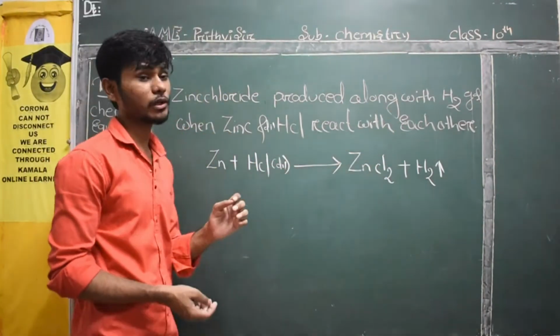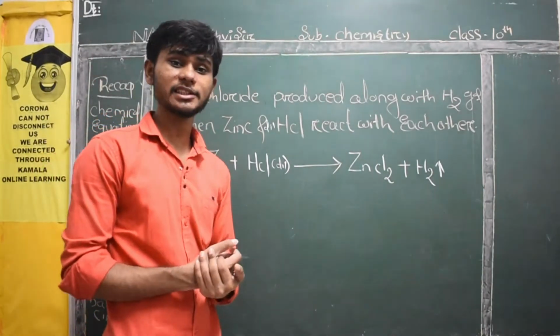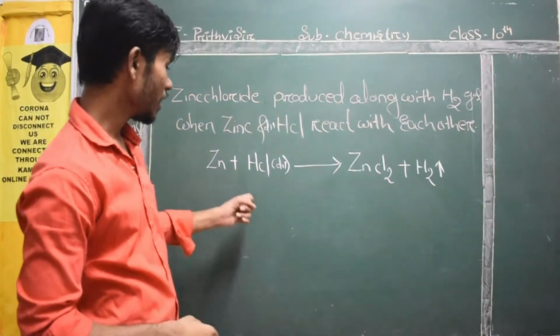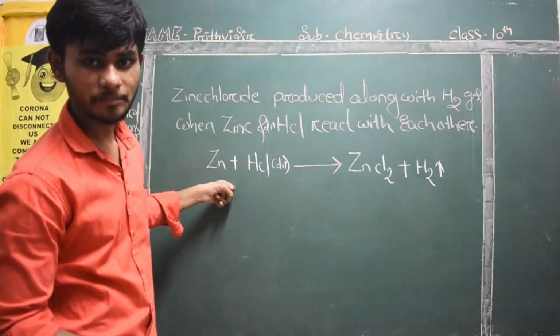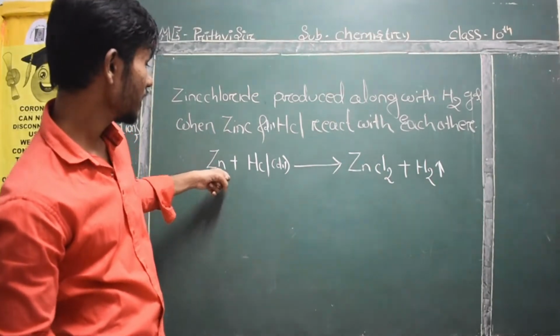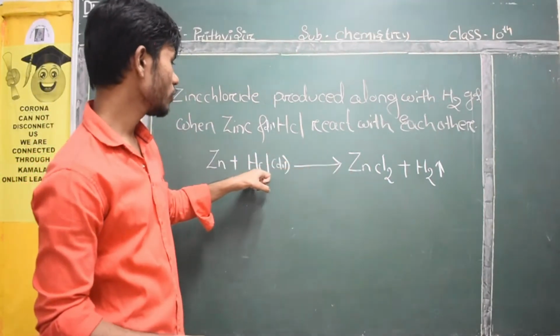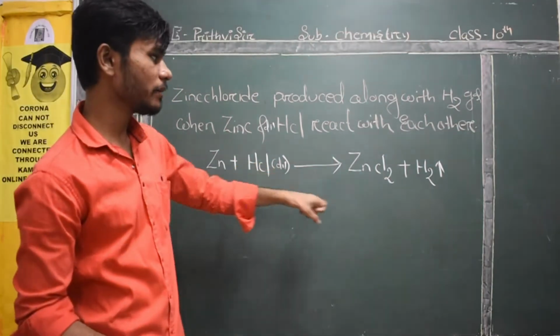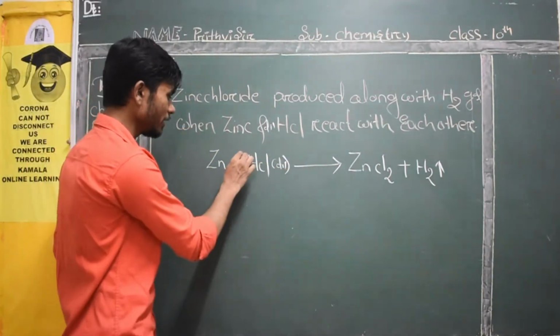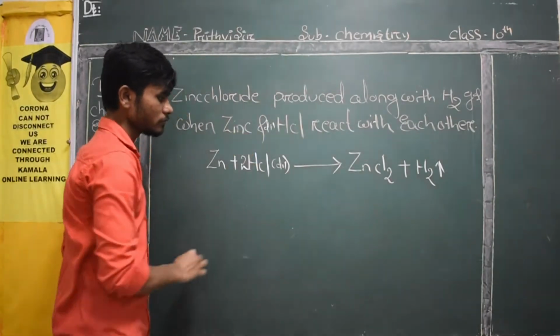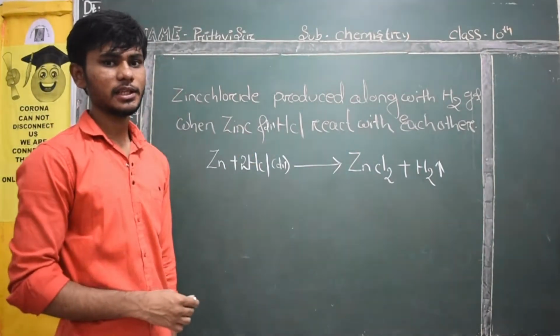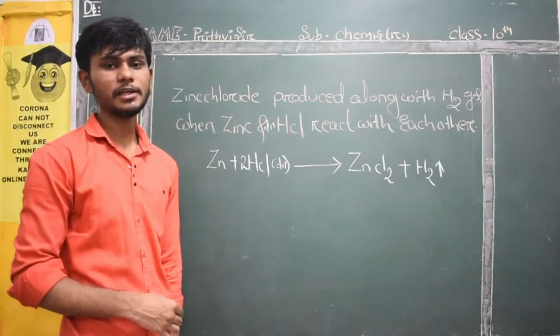According to our rule, we have read balanced chemical equation as well as skeletal chemical equation. Now, is it a skeletal chemical equation or not? We need to balance it. How can we balance? Here one zinc, here one zinc. Here there is only one hydrogen and one chlorine, but there are two. So let me multiply by 2 over here. Now it is balanced. In this way you can represent a chemical equation.